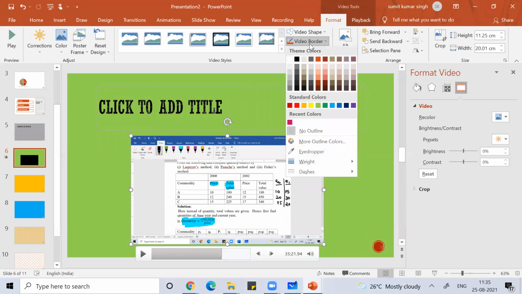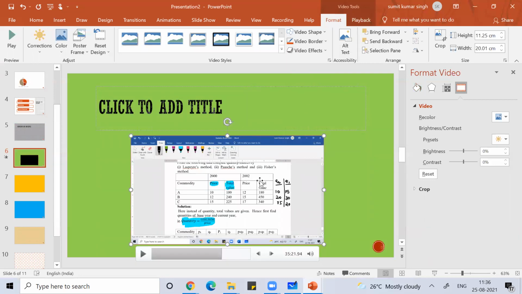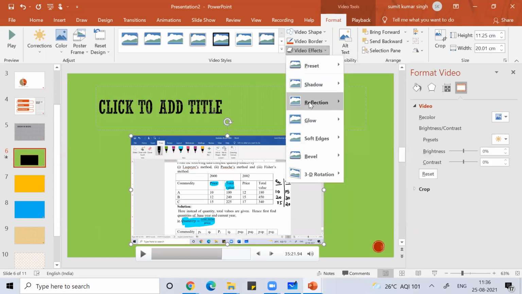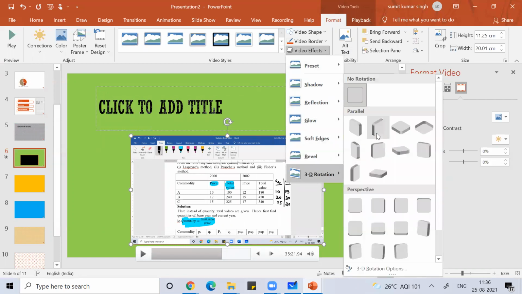You can do anything. Video border. Now, if I added a video, what should be the border of the video? That also I can decide. Video effect: shadow, reflection, glow, 3D rotation.